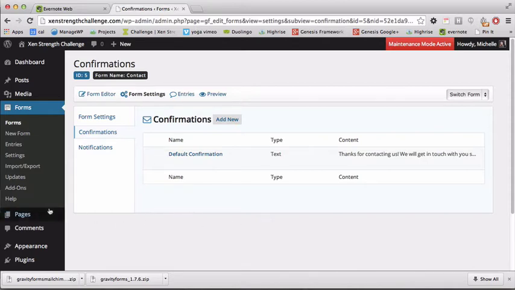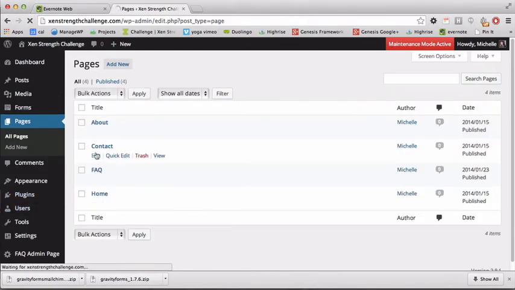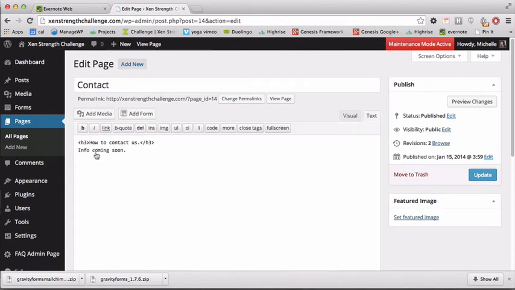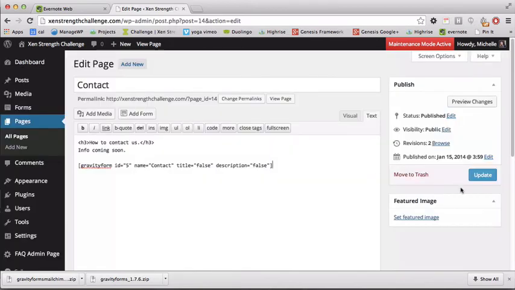Okay, now that we've created the form, we're ready to add it to our page. Over here on the left-hand side, I'm going to click on pages, and then I'm going to edit my contact page. Now, the cool thing about Gravity Forms is that it creates a button here for you that you can easily add your form to your website. So I'm going to click Add Form, and maybe you've got multiple forms. We only have the one form, so we're going to go ahead and select Contact, and I'm going to turn off the form title and display description. I don't need it. I'm going to go ahead and click Insert Form, clicking Update,